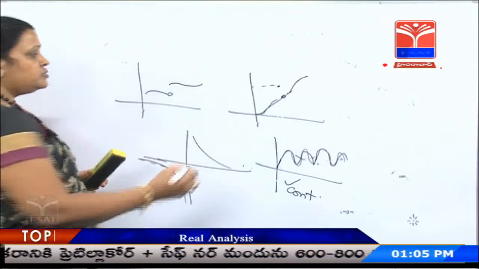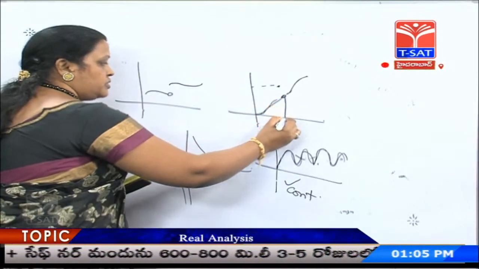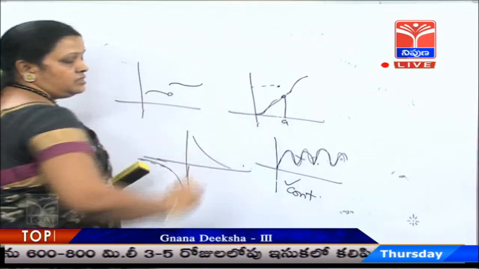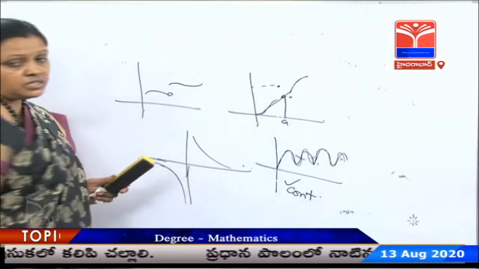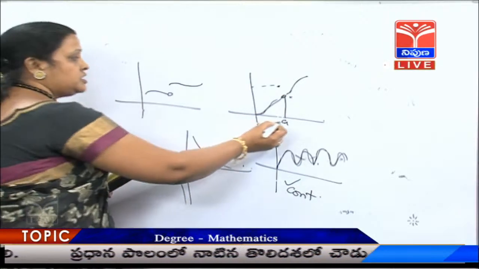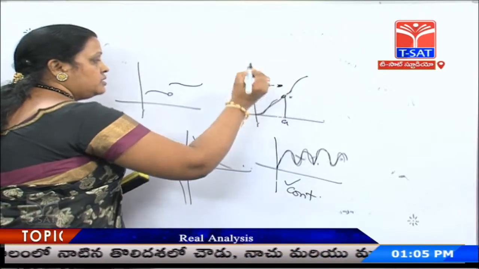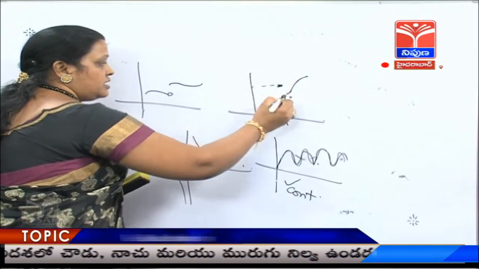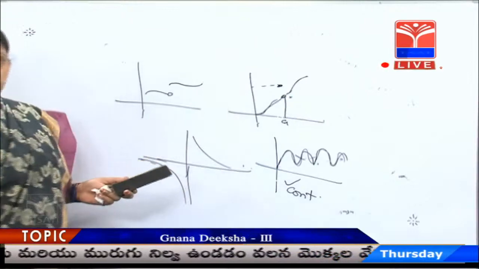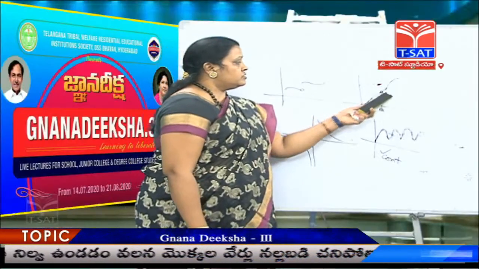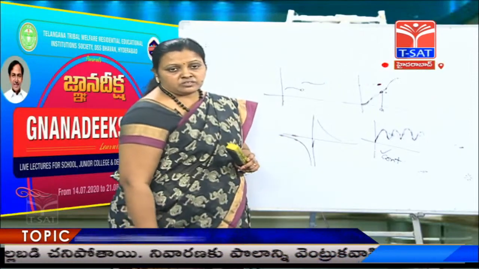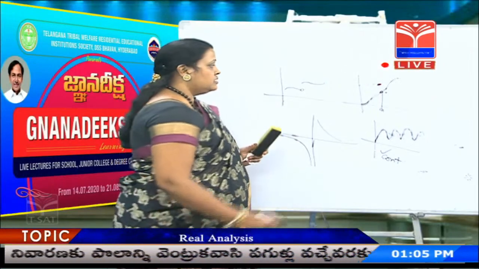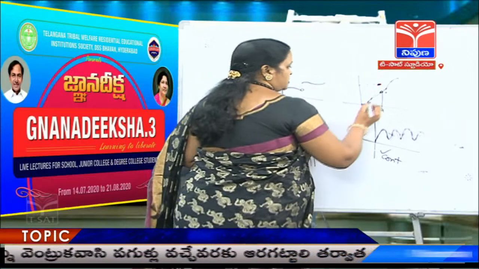So here if we observe this particular point, say a, at this particular point the function is not continuous. Actually the function is defined at this point, but the flow of the graph is taken by using a hole. So whenever we are drawing a graph with a hole or a gap, then that type of function is said to be discontinuous. So if you are taking that type of discontinuity,